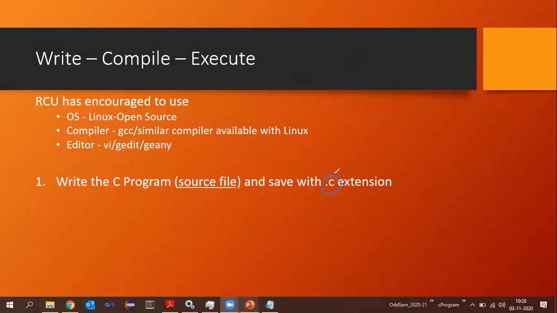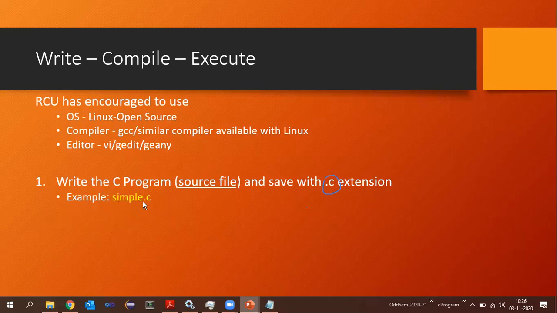If you recall, earlier we had written a simple C program. If the name of the file is simple, then its extension should be .c. For example, simple.c.